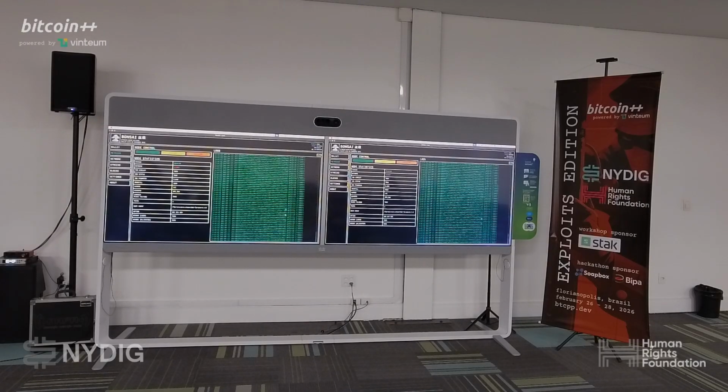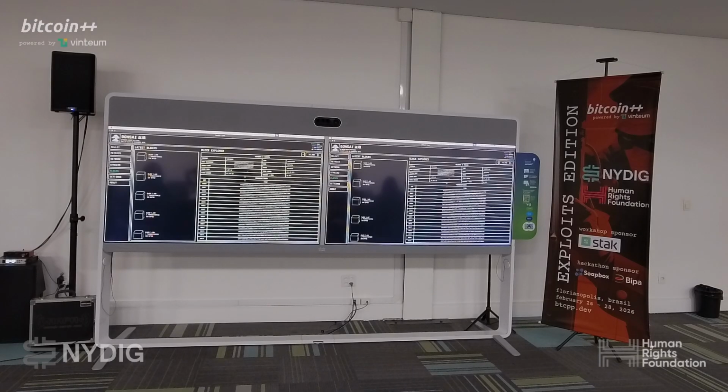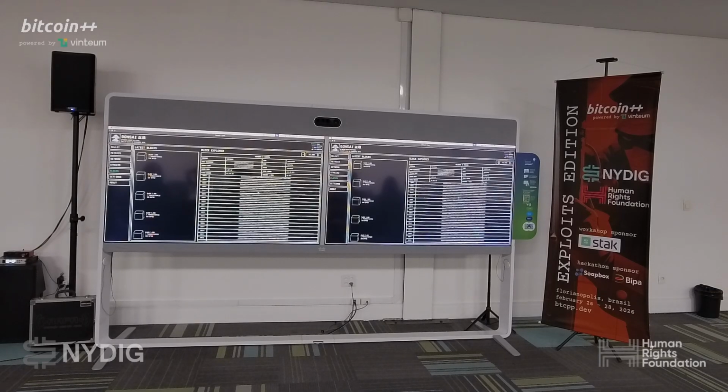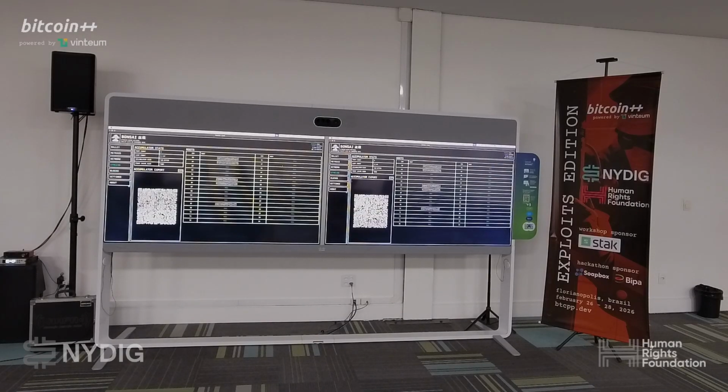So now we are downloading blocks. You can see the new blocks coming. You can request a block from the network to inspect it. So like block 50,000. You can see the header. You can see all the transactions. And here you can see the accumulator state. So this is the Utreexo accumulator. You can see the roots. And here you can have a QR code.